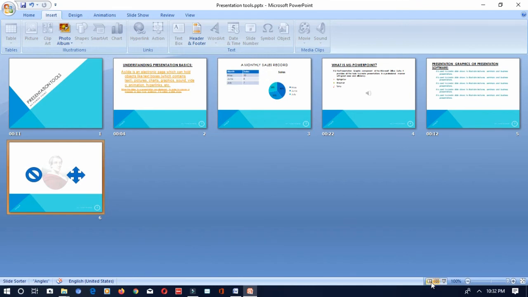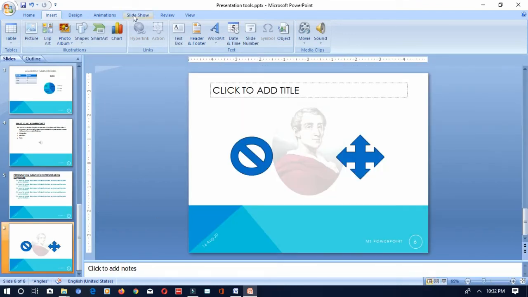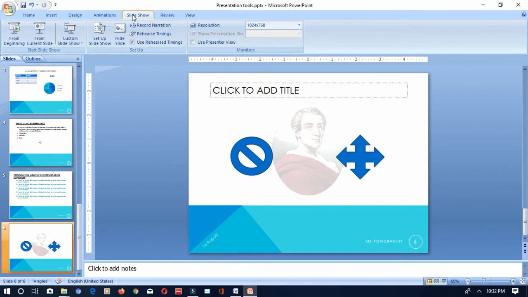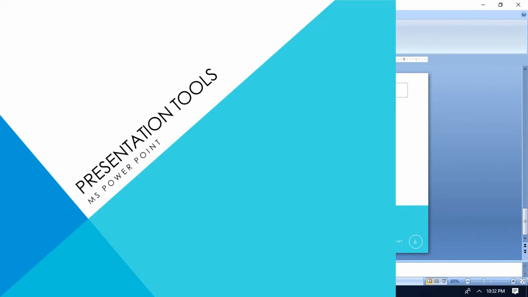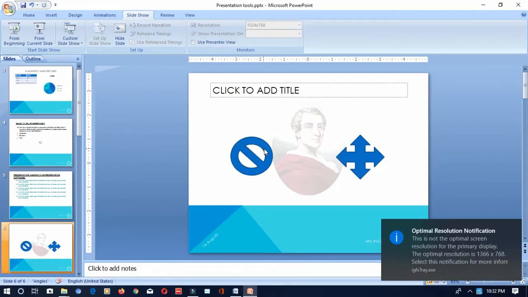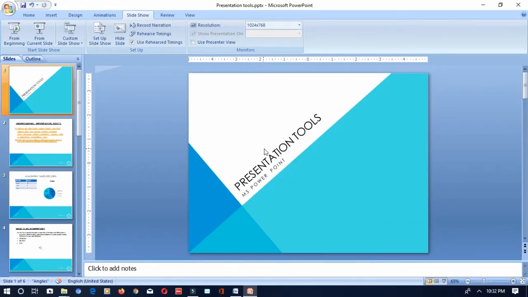And if you want to go back, you can go back to normal view. You all know slideshow view. You have to go to the Slide Show tab and then you can select From Beginning or From Current Slide. You can see the slideshow. Next is F5, which will take you directly to the slideshow. From the keyboard you can press F5 to run the slideshow.